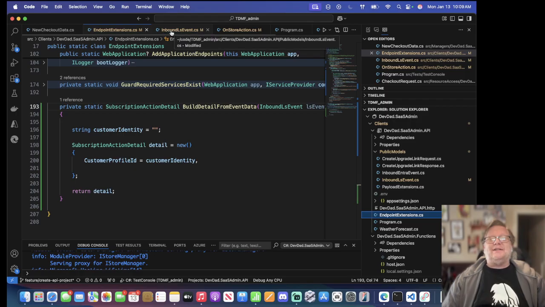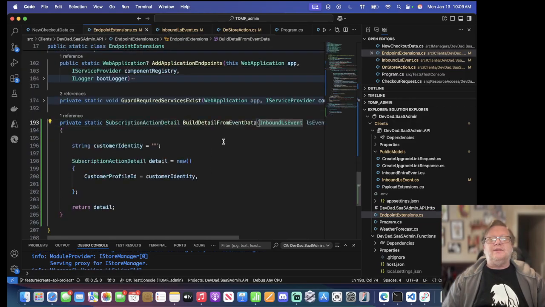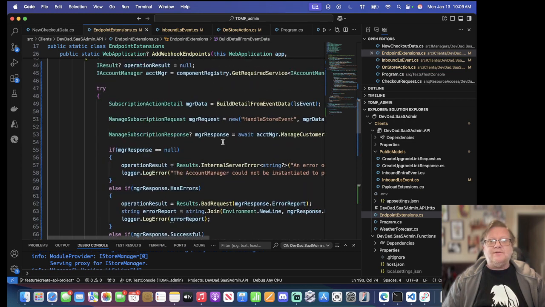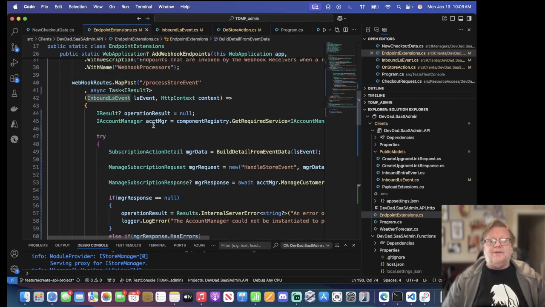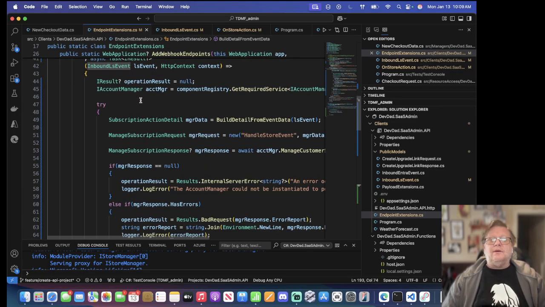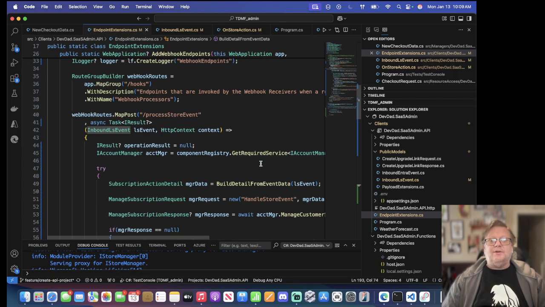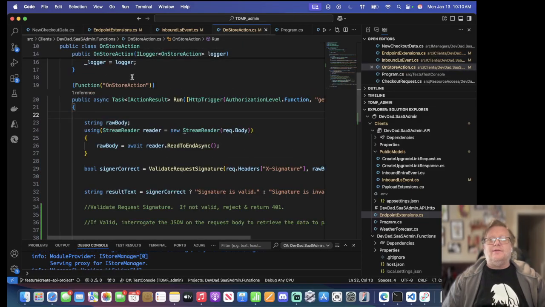But I want to get the actual endpoint sorted out here. Now, this is process store event, good. We're expecting an inbound LS event, the HTTP context. We're going to return that. Good, okay. Build detail from event data, pass the event. Groovy. So over in the Azure Function,